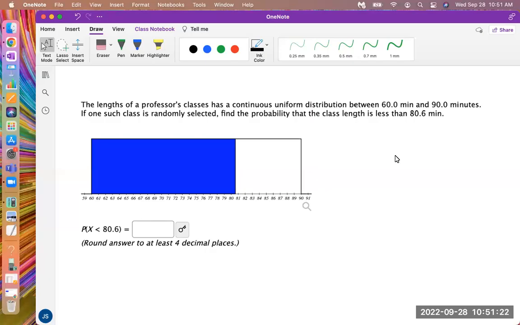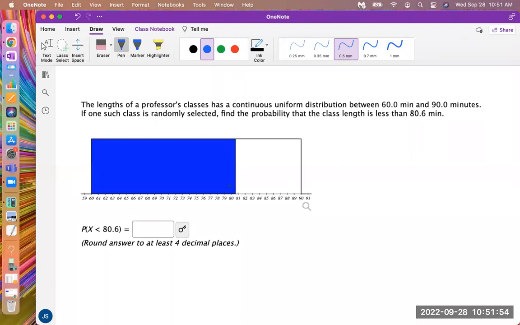Hi. The length of a professor's class has a continuous uniform distribution between 60 minutes and 90 minutes. If one such class is randomly selected, find the probability that the class is less than 80.6 minutes. So to find the probability the class is less than 80.6 minutes, we have to find the area under the curve